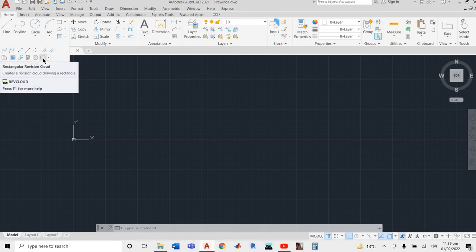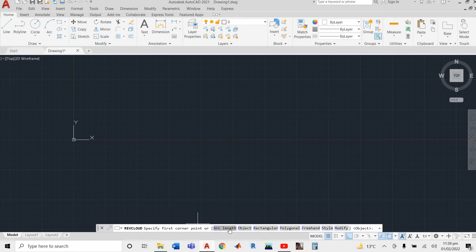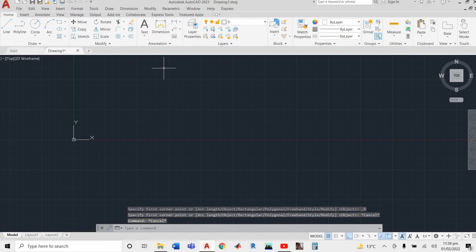Then the revision cloud, if we want to mark the important point in our project, we use revision cloud. And we can draw the revision cloud by object, rectangularly, polygonally, and all the objects that we had. If you see here, arc length, we can get the length maximum, minimum, object, rectangular, polygonal, freehand, style, modify, all these things that we studied in the previous session. In this session, I want to talk about the